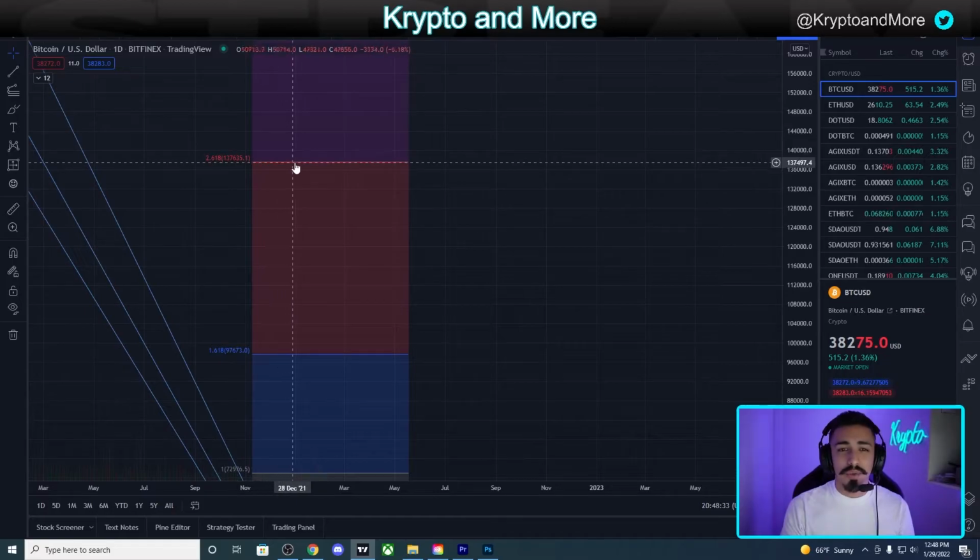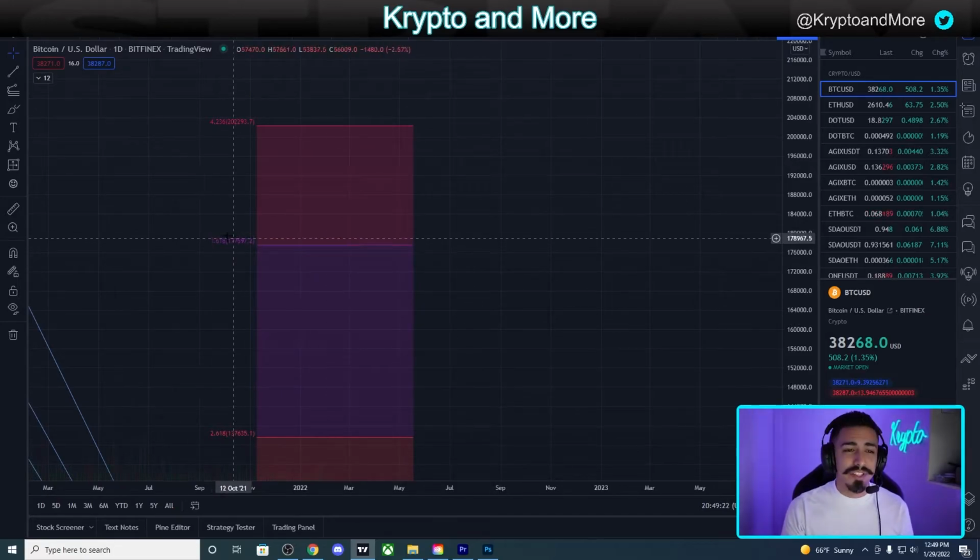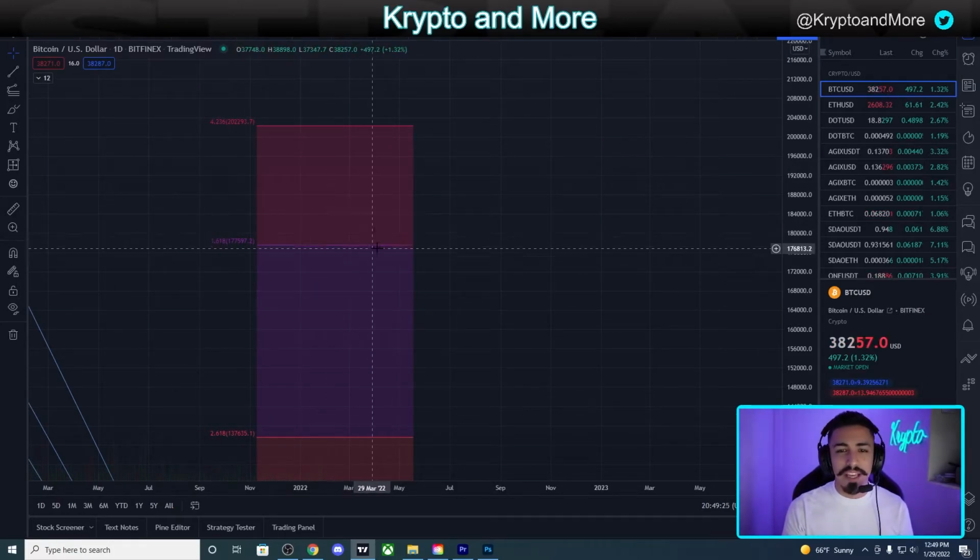The other price level that we're going to look at that shows in the Fib retracement is the 2.618. Now, personally, this is just my opinion, I think we're going to top off at around $137,000, give or take. I don't think we're going to go above that, but I would like to be wrong. Obviously, if Bitcoin goes a lot closer towards 200,000 and up, then I would gladly be incorrect about that. But I do think, at a conservative price, about 130, at the highest maybe $180,000. And $180,000, as you can see here, is about that 3.618. So that reaches about